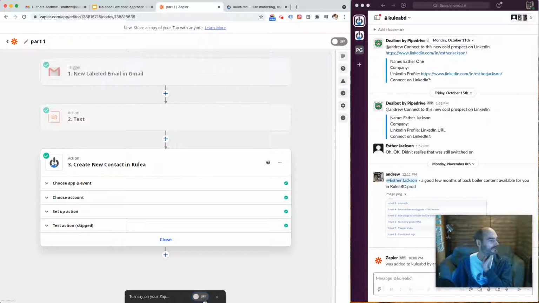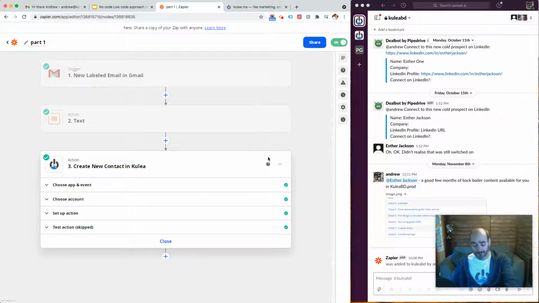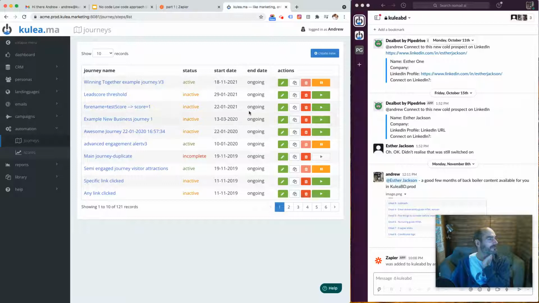Okay. So Zapier takes a little bit of time to turn on a Zap. As you can see, it seems to be taking forever. Boom, and that Zap is on. Okay, so I'm now going to take you through. Well, actually, let me take you. So, what we're going to do, when Kulea gets that data, it's going to be entered into a Kulea